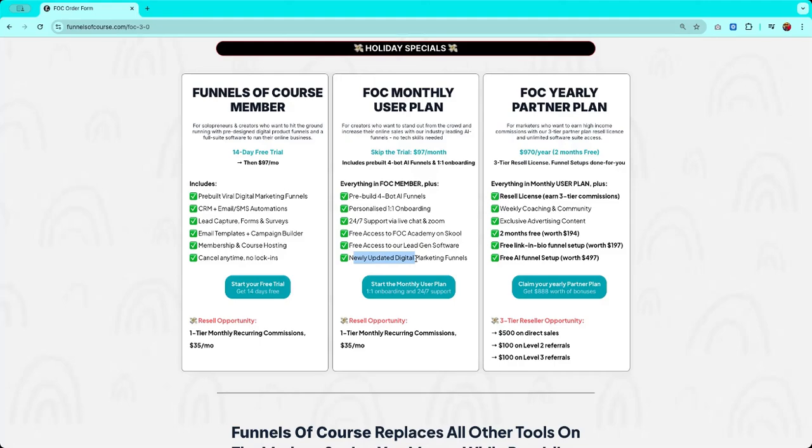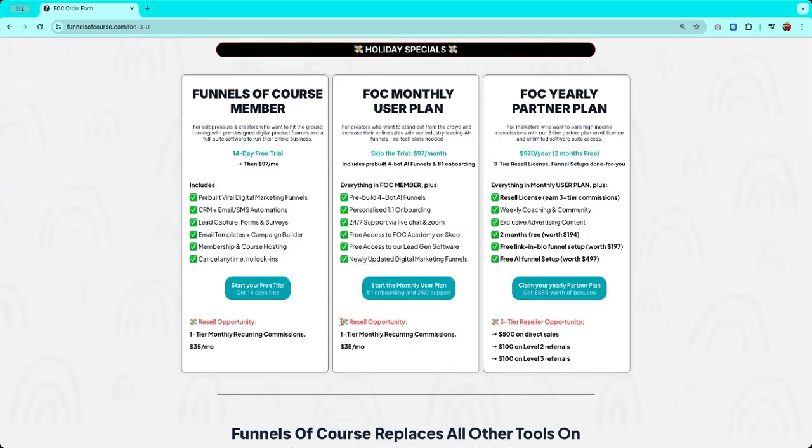So whenever one of the digital affiliate funnels is updated, you get first access to that. All right, and this also comes with a resale opportunity of tier 1, 35%. So should you resell Funnels of Course as an affiliate and someone buys the $97 account from you, then you would earn 35% commission on that.